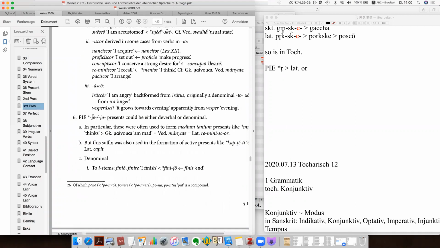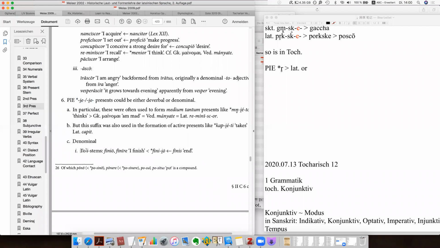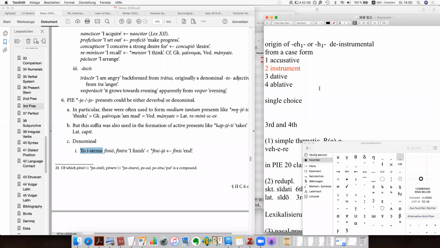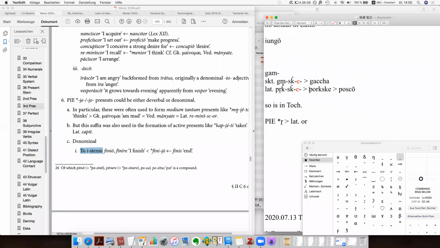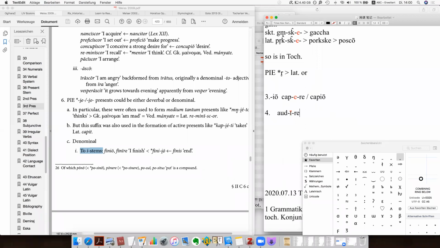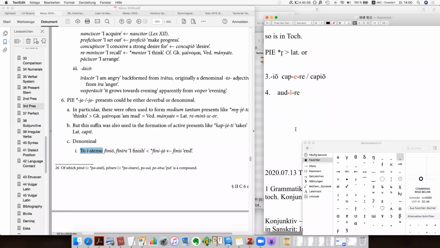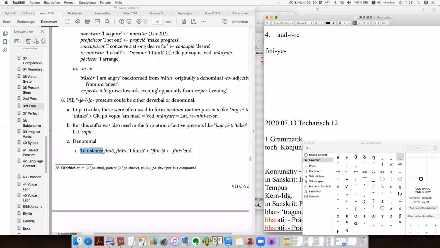And then there's also your present, denominative. But there's a specific class called e stem, because as you can see, the 4th class, we check it. Actually, 4th class, we have a long E here. So this is aud-ī-re. So it goes back actually to denominative, to the E stem. So actually we have ye here. So this is ye, and this ye will become a long yi. So this is actually the origin of the 4th and also the 3rd class. Okay, so this is basically the origin of the present, and now probably we can move on to